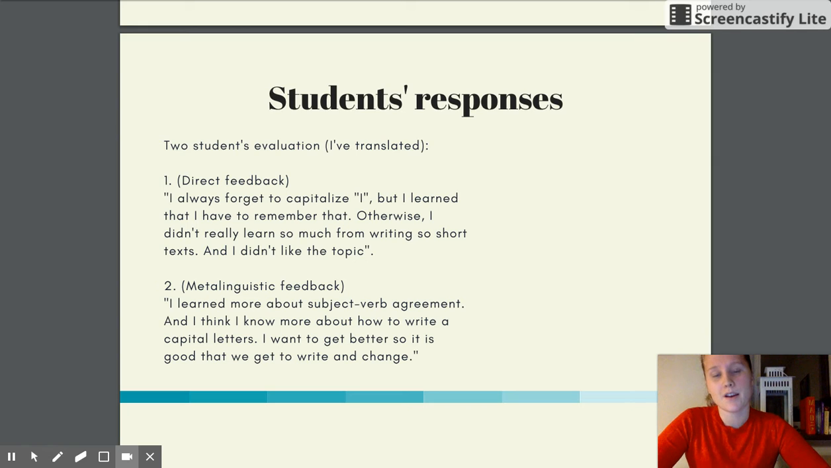And the second response was from a student that received the meta-linguistic feedback. And the response,